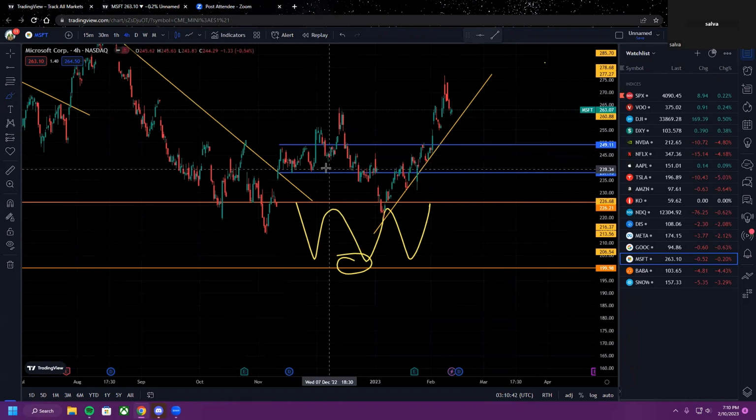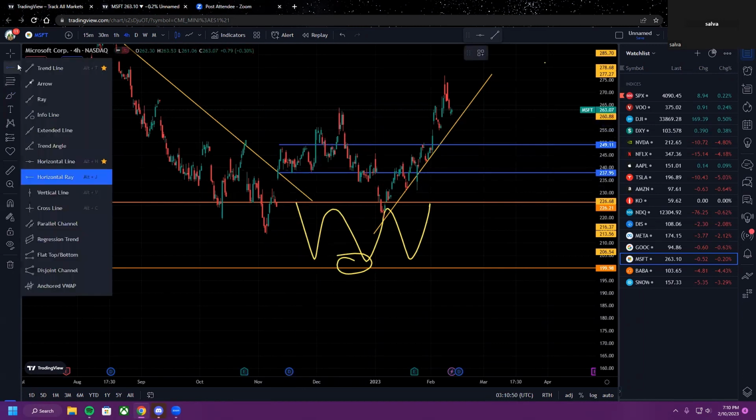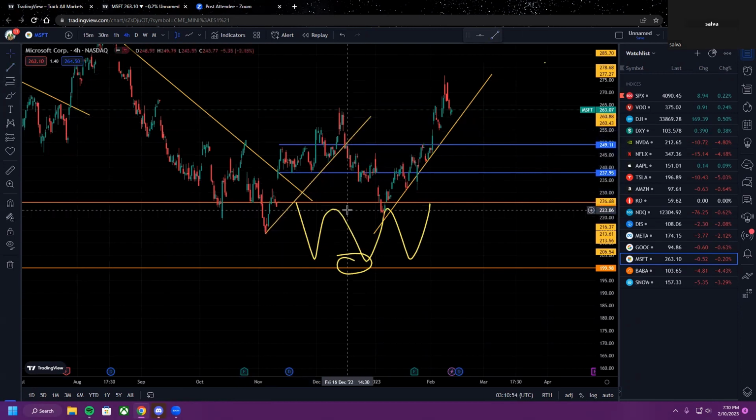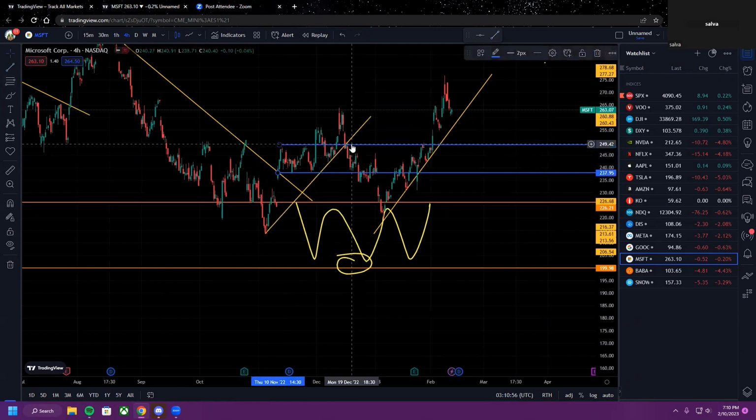We never even touched down here to be bullish. We broke back up. This right here would have looked like we were breaking the trend. So now, right here, boom, we were forming an uptrend. We broke down. So wait, what the hell are we doing? We're back in the zone. This zone right here is